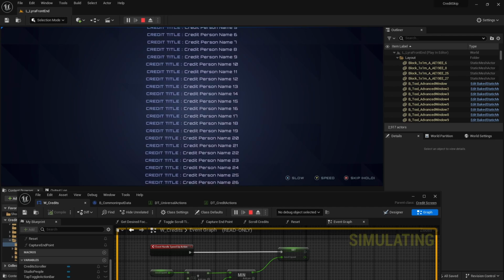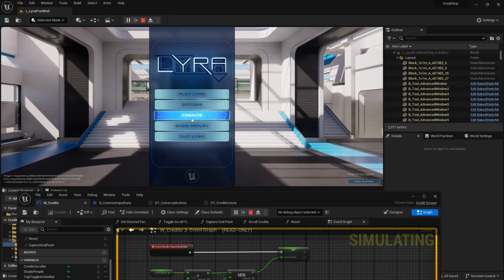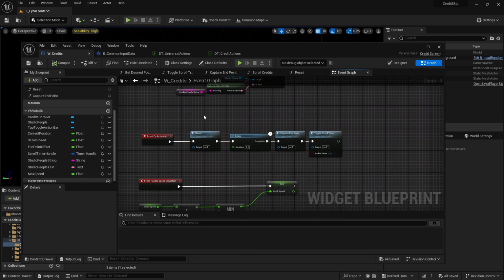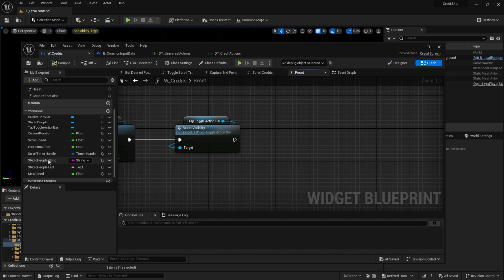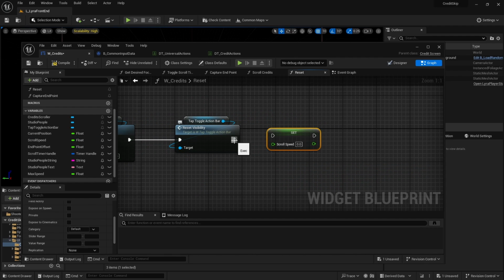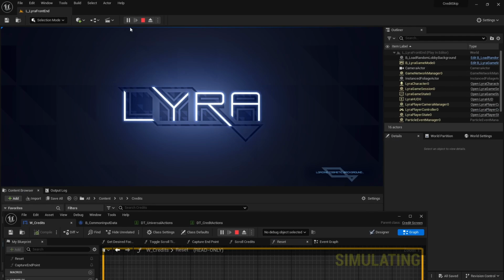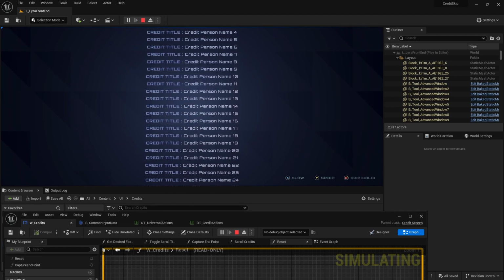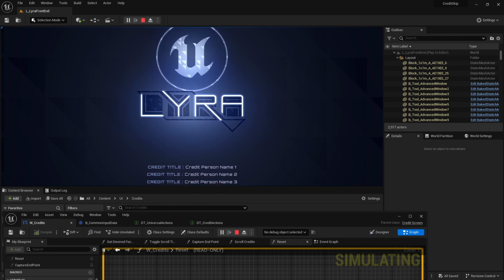Oh, and another thing we want to do is we want to reset the speed whenever you reopen it. So I'm just going to stop this. And then whenever it's activated, it calls this reset function. So I'm just going to add the scroll speed here. The scroll speed defaults to 1. So I'm just going to default it back to 1. Okay, so now I'm just going to speed this up. And then when I quit, I can go back to it and it's back to the speed of 1.